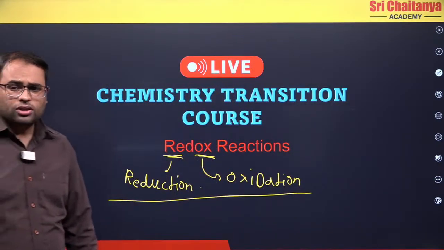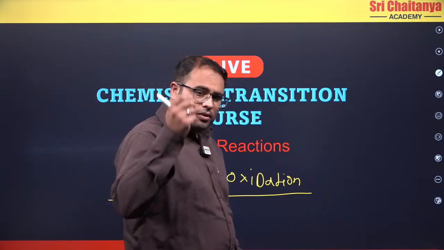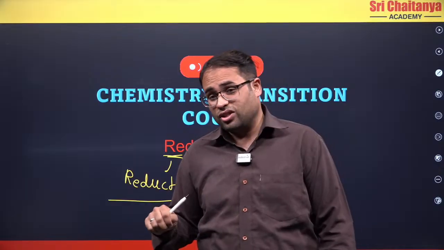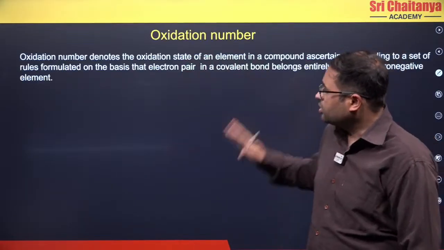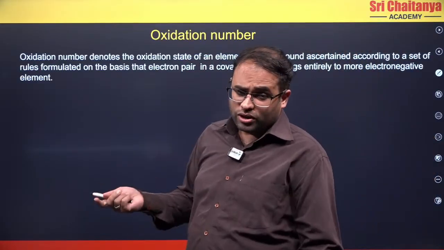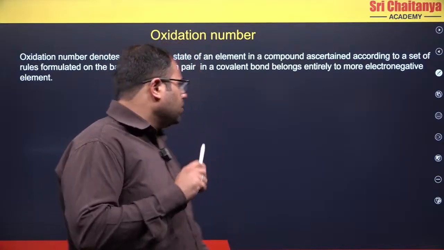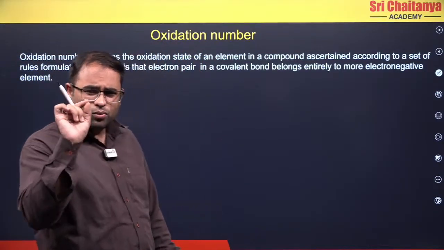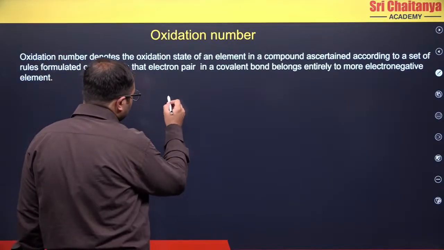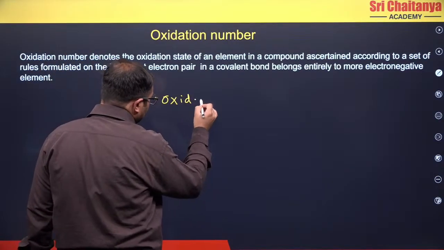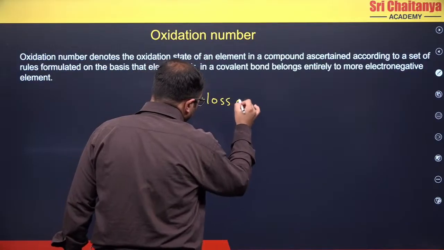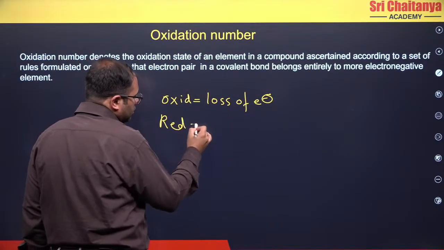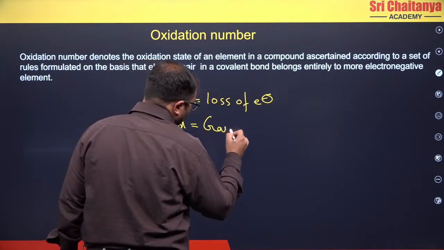So in redox reactions, the first thing that we have to define in order to understand redox reactions is oxidation number. So what is oxidation number? Well, I'll give you a small idea that oxidation in redox means loss of electrons, okay? And reduction means gain of electrons,